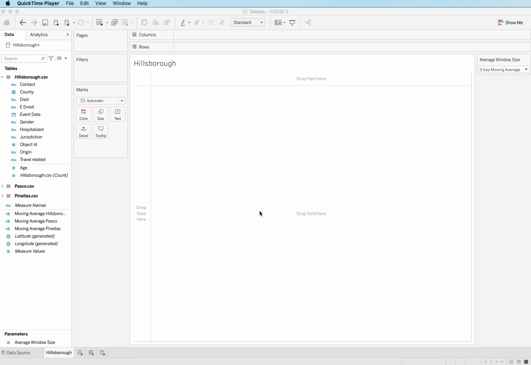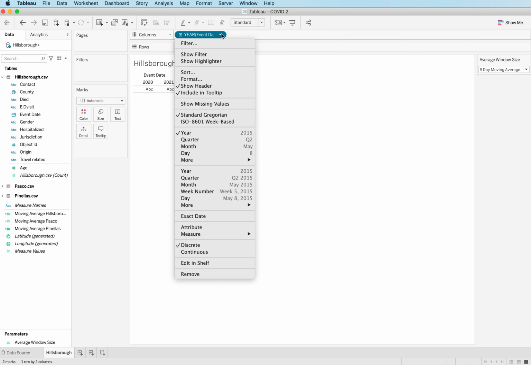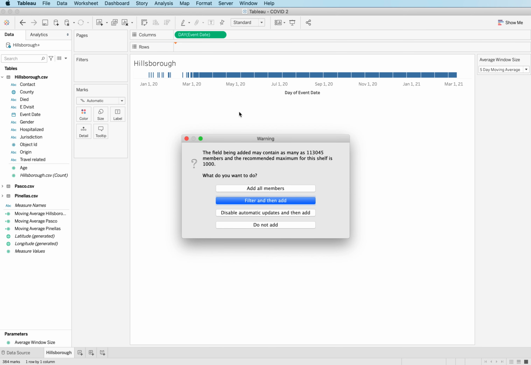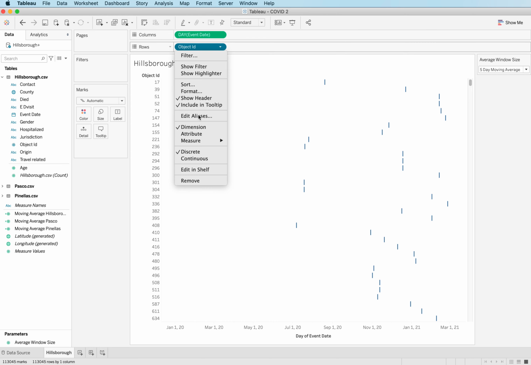Combining visualizations through overlays, we can also combine them through what's called the dual axis. So I've created a new worksheet called Hillsborough. I've added a parameter to it and set the window size to 5. Now I'll drag event date from Hillsborough into the columns card, change it again to day, take the object ID from Hillsborough, add all members, change the aggregation method to count,